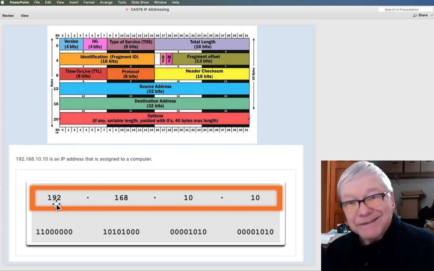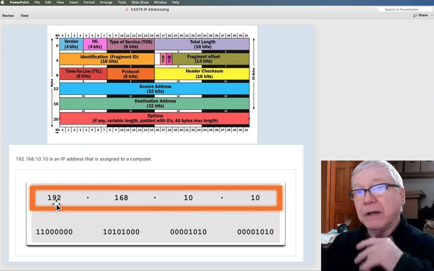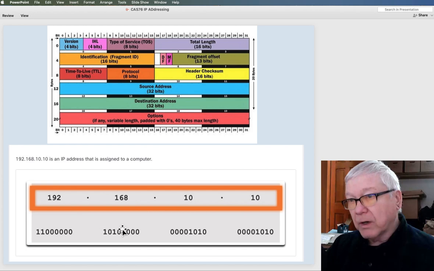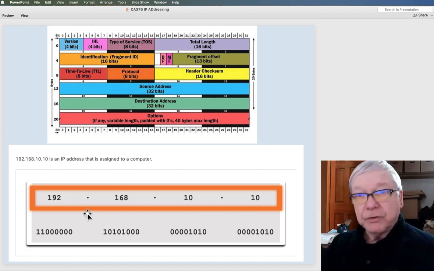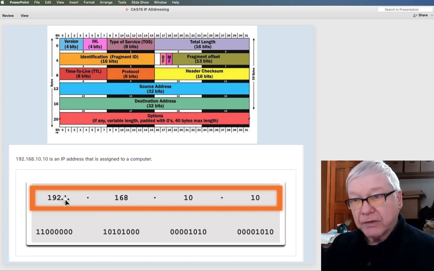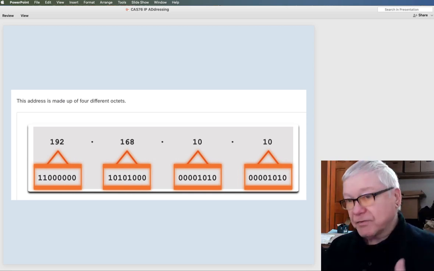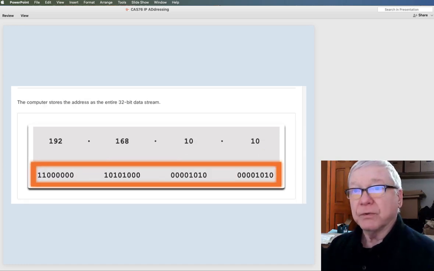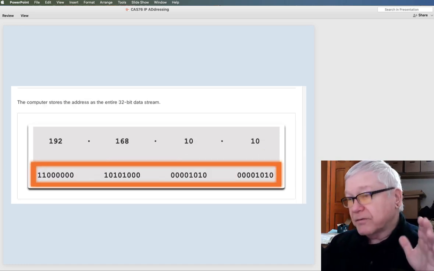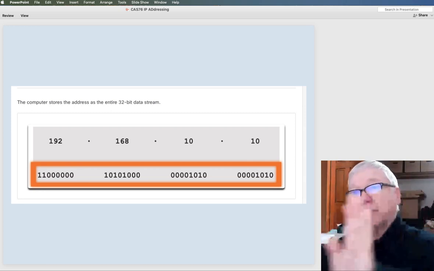Well, that's all done behind the scenes for us. But now we understand what's going on in the background, and we understand that these 4 octets at this offset in this data stream are interpreted to mean these decimal numbers, which is our Internet Protocol address. Those 4 octets, the terminology we typically use for IP addressing, represent those numbers. And that's that 32-bit portion of the entire data stream. That offset represents that address.